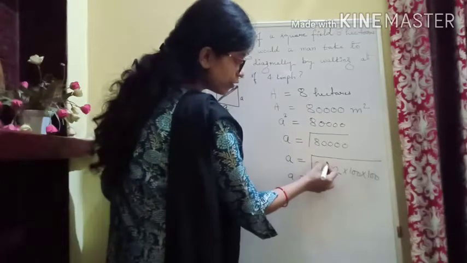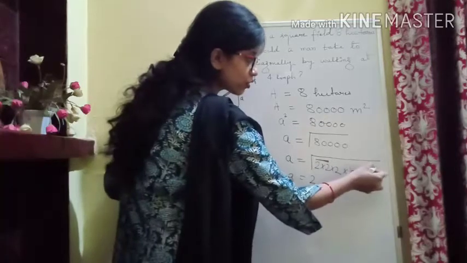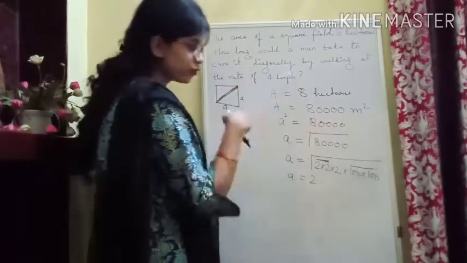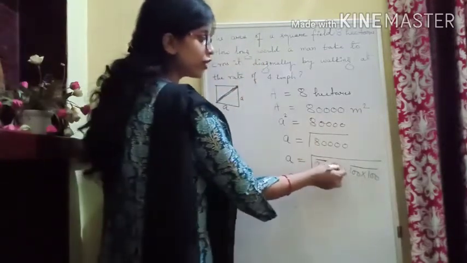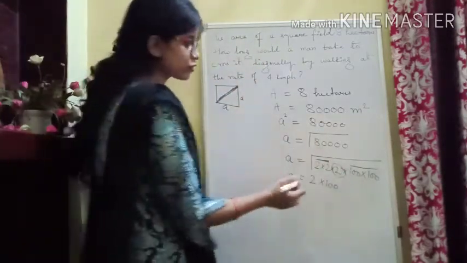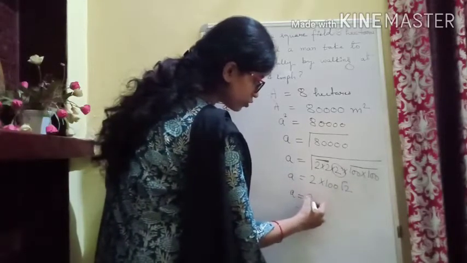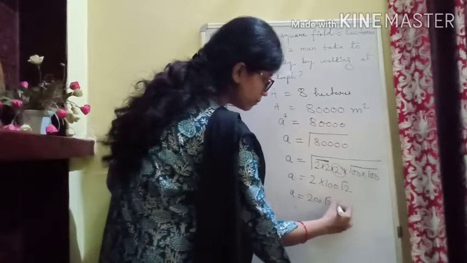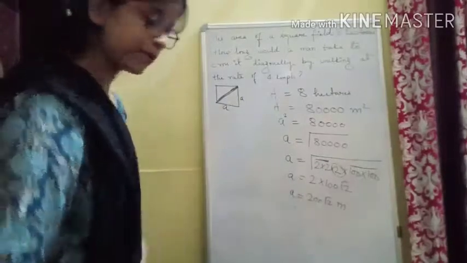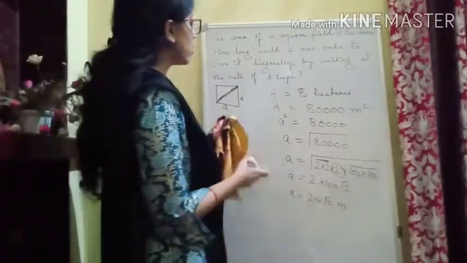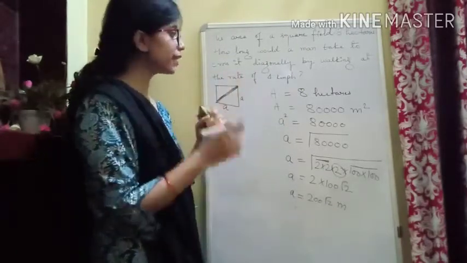So here if you see, from this pair of 2 we can take one 2 common, and this is also a pair of 100. 200 we have, so we'll take out 100 from the square root, and then we have one 2 remaining. That means it will not come out from the square root, it will be like that. So eventually the side is coming 200 root 2 meter, correct? So this is the side of the square field, coming 200 root 2 meter. Now the man is crossing it diagonally. That means we have to calculate the length of the diagonal.